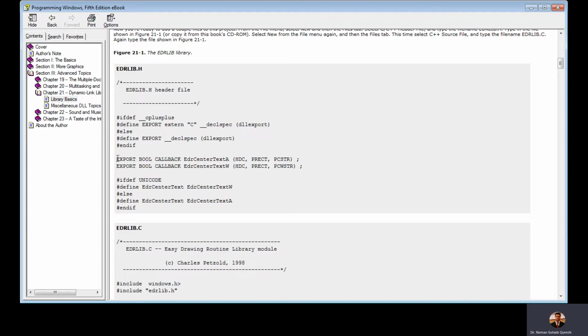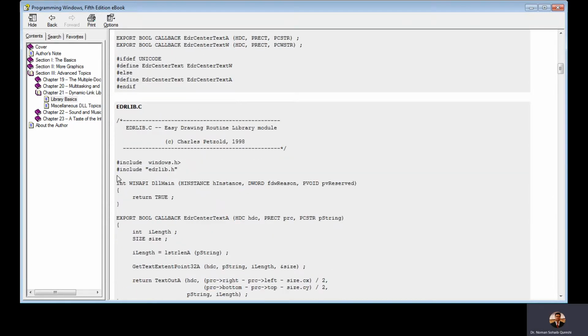However, ASCII and Unicode are by default the supported encoding definitions in the Microsoft Windows operating system. So we have to write the postfix A or postfix W with it. So we discussed these pragmas in detail. We're not going to discuss them again from the last interactive session of the class.